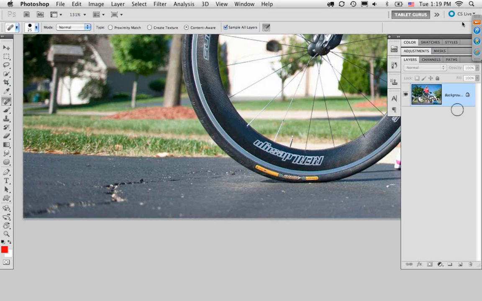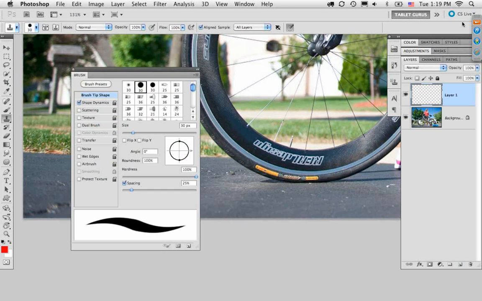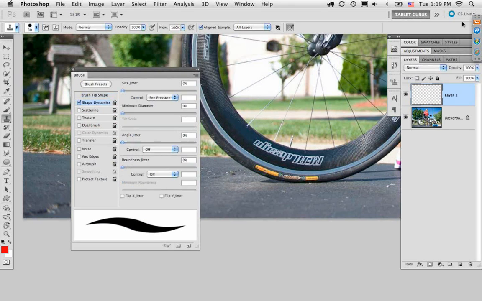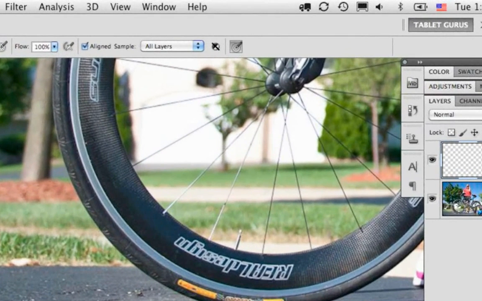It is that pressure sensitive functionality that gives you a much greater level of control that you wouldn't otherwise get if you were just using a mouse. And in this case, what I'm doing is I'm using a hard edge brush. I brought open my brush preview window for a moment. I've got shape dynamics turned on, and in Photoshop CS5 or higher, you'll see a little option up on the options bar there. What I'm doing here is I'm simply toggling pressure sensitivity on or off